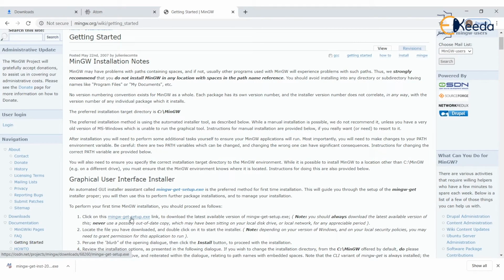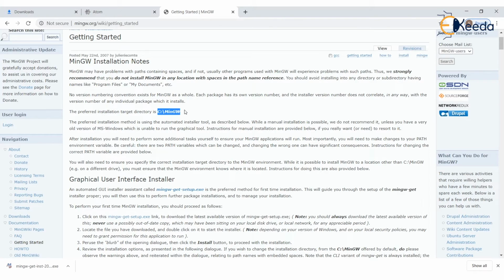On clicking this, this file will get downloaded, and you just have to run it with all the options as accepted. One very important thing is, never ever change the predefined installation path. The predefined installation path is C drive, C colon mingw.